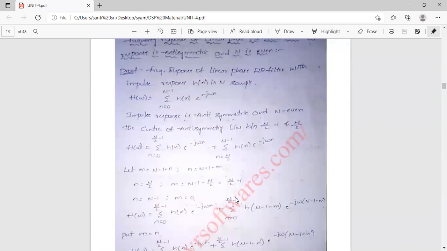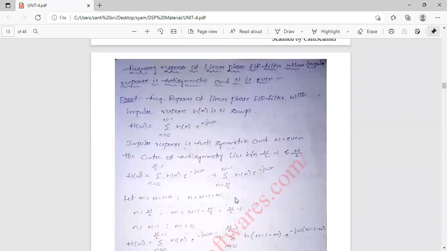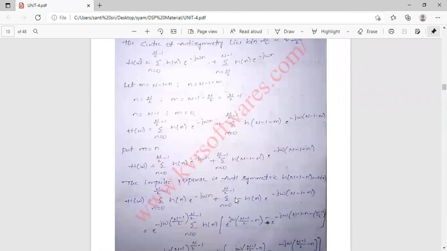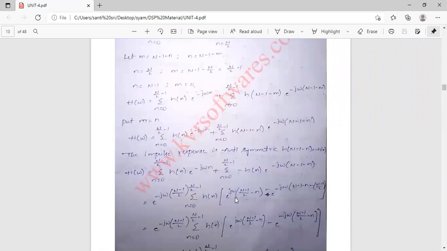So we'll see if the response is antisymmetric and N is even. Okay. By doing the same procedure, the antisymmetry lies between N by 2 minus 1 and N by 2. So same procedure, so that we will get